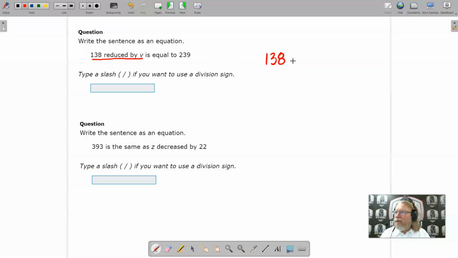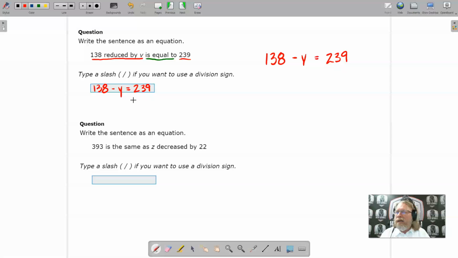138 reduced by is to subtract. What are we subtracting from 138? That would be a V. Next, we have the phrase is equal to. Well, this is going to be an equal sign, so we put an equal sign, and then we have 239. So this would be our final answer here. We put in 138 minus V is equal to